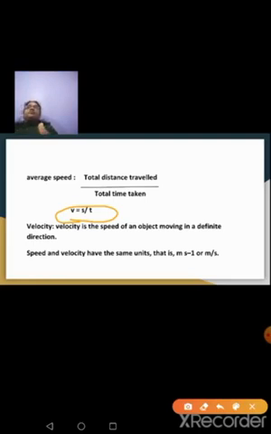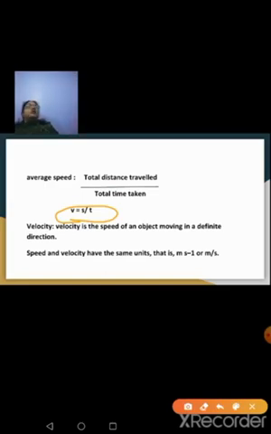Suppose you know your route along which you travel. If the route is clear, you can pick up your acceleration, you can move very fast. And you have to take a right turn, and you know that there will be some crowd. So it's a marketplace. Automatically you will reduce the speed. Velocity changes with respect to direction.